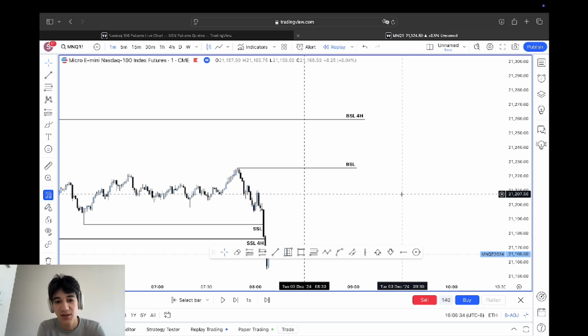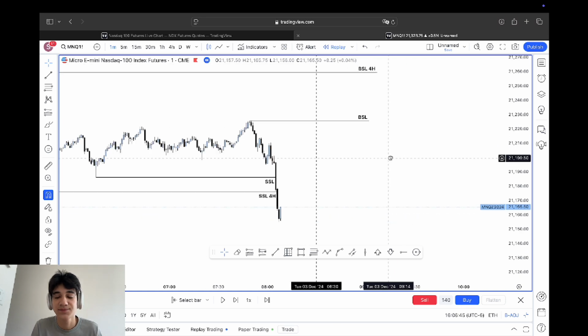yesterday, I lost my trade. It wasn't that I was trying to revenge trade, but I did see my setup and I took it because, how do I say, I was not able to